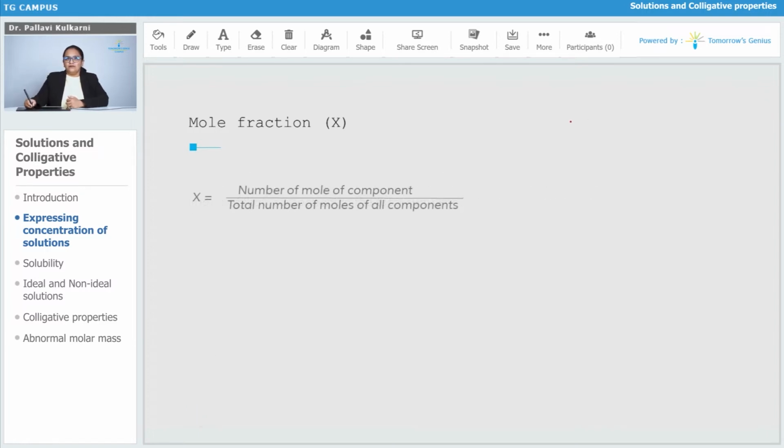For example, if I am taking A and B as the components again, A will be the solid and B will be the solvent. First of all, I have to find out the number of moles of A. In the question they usually give the amount of A or B in terms of mass or volume. From that I can find out the number of moles very easily. So the number of moles of A will be equal to the given weight, which is given in the question, divided by the molecular weight of that particular substance.